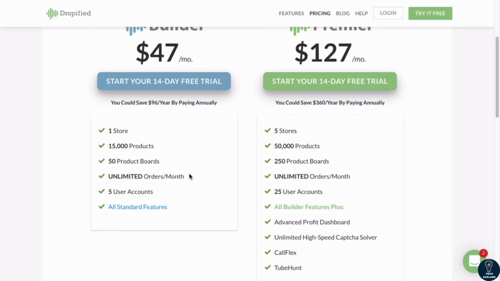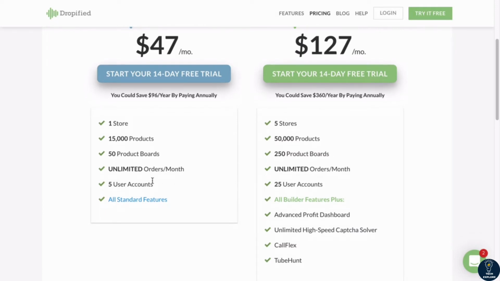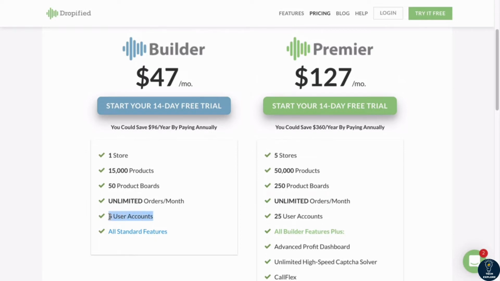Both plans can obviously fulfill as many orders as you receive per month. For the builder plan, you can have 5 user accounts. For the premier plan, you can have up to 25 user accounts. To put that in perspective, I currently have about